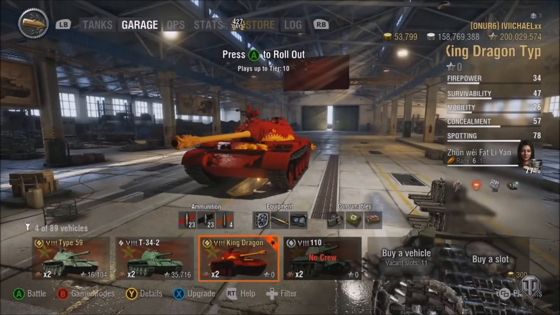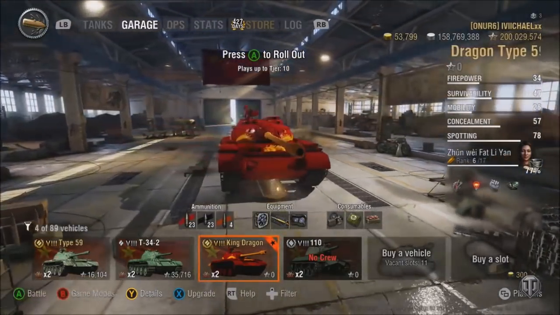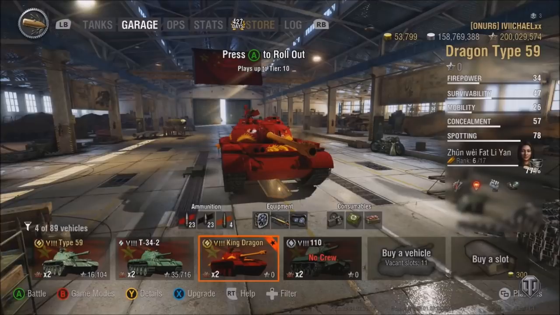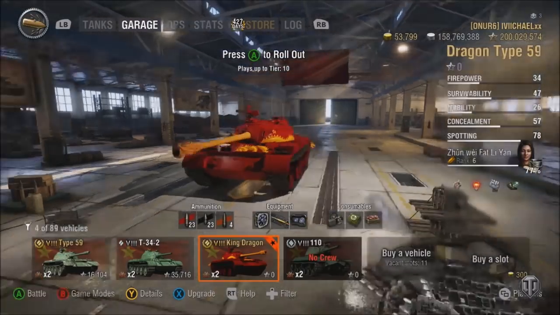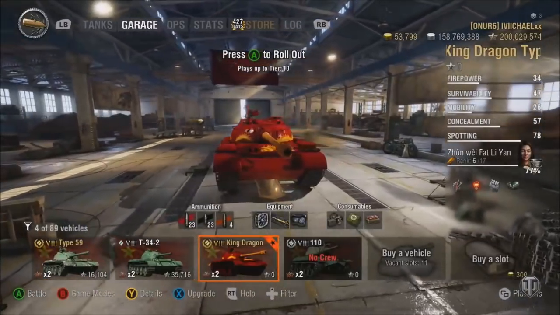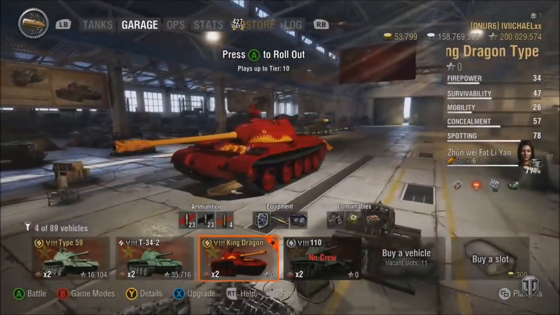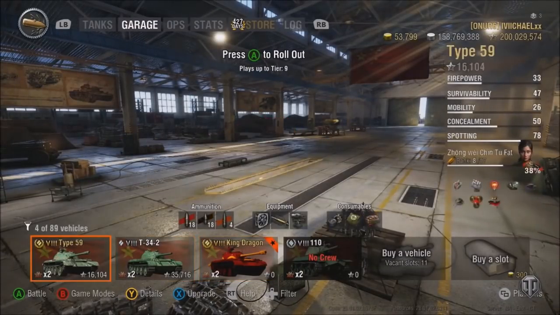than the Type 59. Because you can fire on the move better, you can use coated optics, which is going to get you more assist damage, more target spot damage, better concealment. You're going to be able to escape situations that you probably couldn't escape with a Type 59. A little bit better pen, better gun handling goes a long way. I would say that the only downfall to this vehicle, if you were to compare these two, would be that